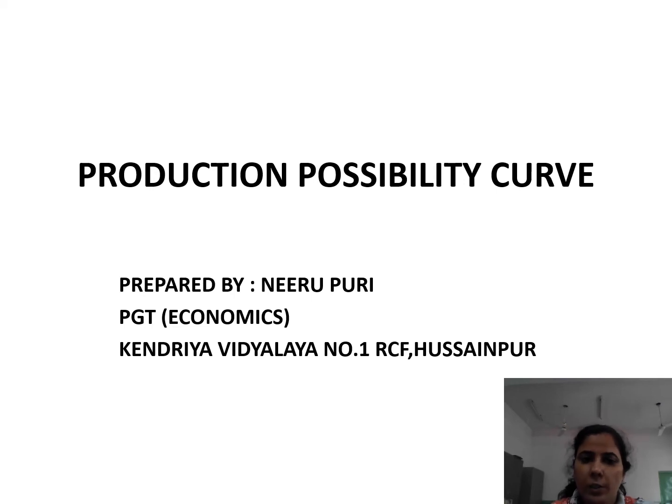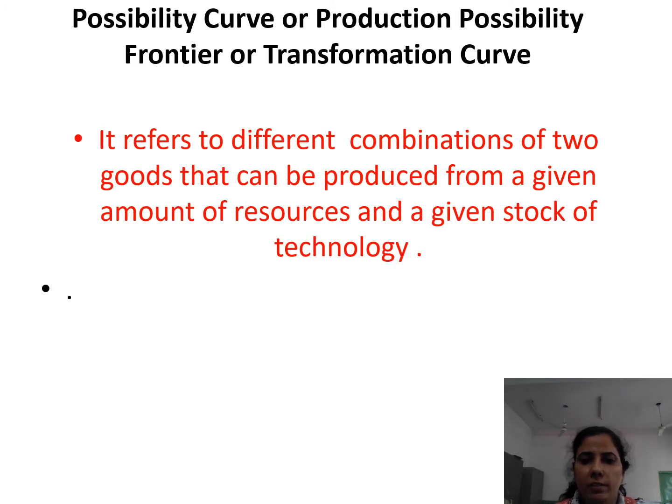Economics class. Today we will discuss the production possibility curve. This curve is also known as the transformation curve. What is the production possibility curve? It refers to different combinations of two goods that can be produced from a given amount of resources and a